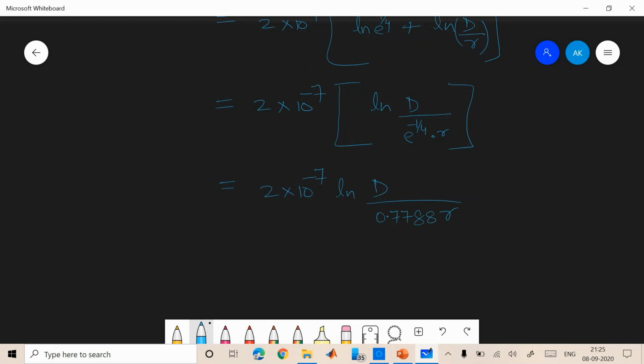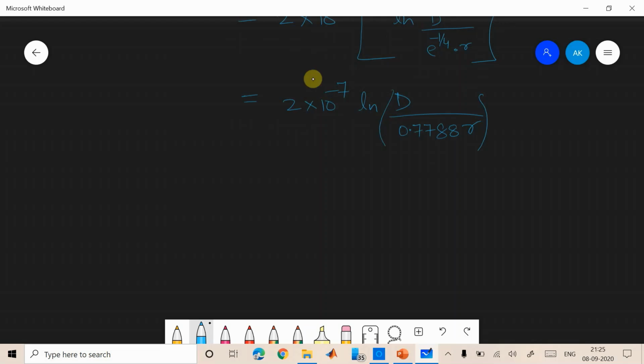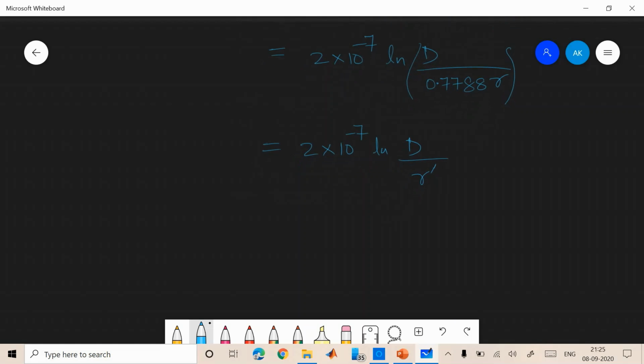Okay. So final expression will be 2 into 10 raised to power minus 7 ln D by R dash we will use. Okay,